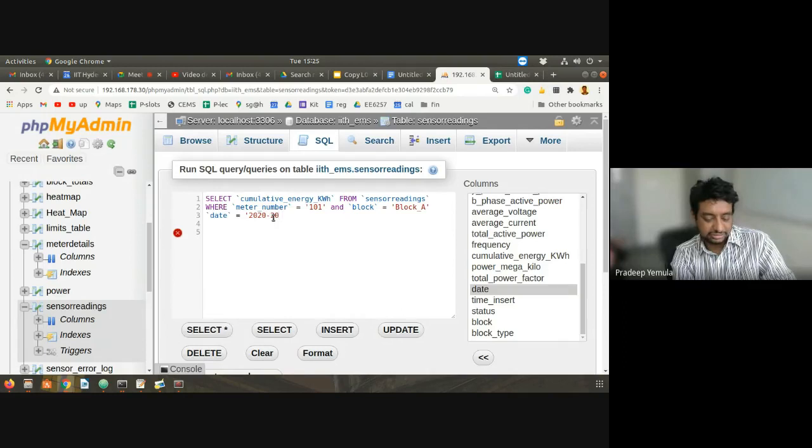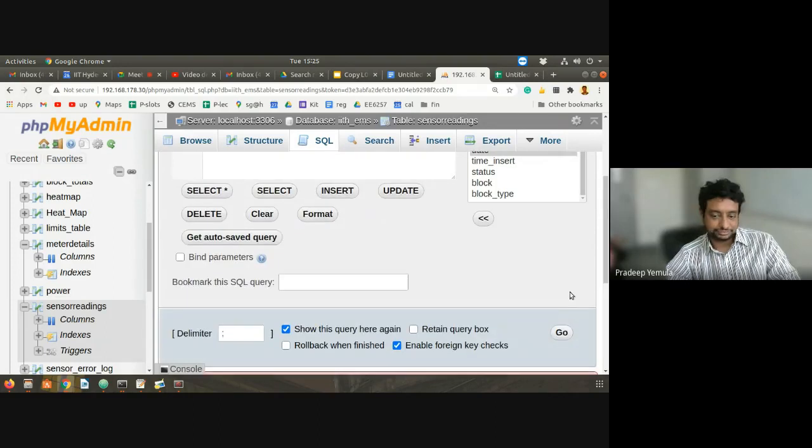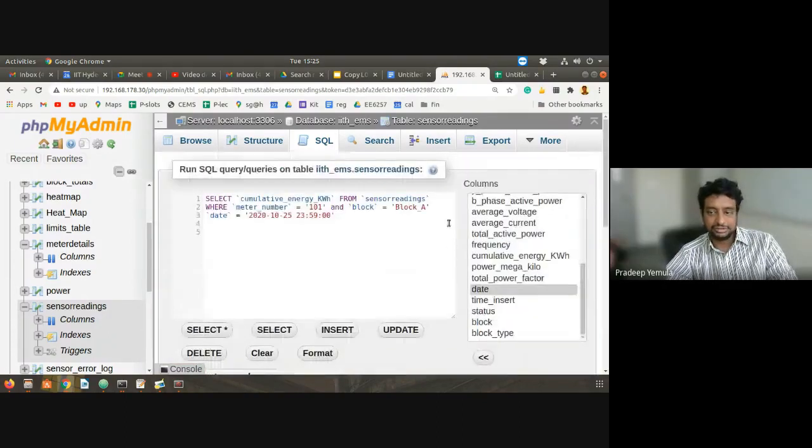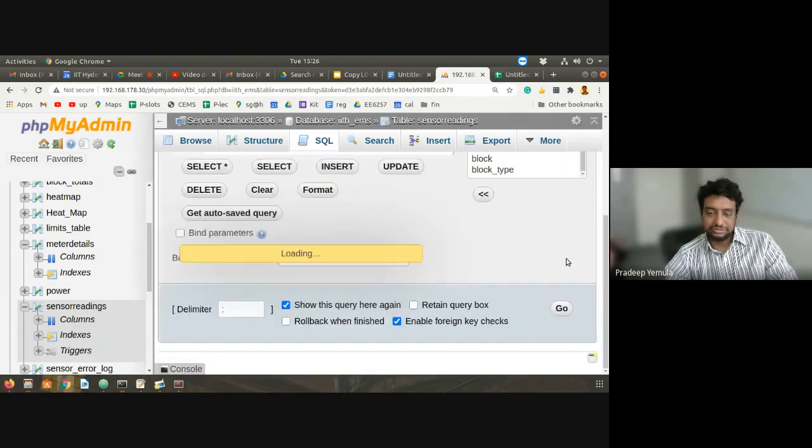I'm taking 25th of October 2020, so month is 10 and day is 25. And then I'm taking the data at 23:59:00, hoping that this data will be available. Just let us see what the cumulative energy is at 23:59. One more AND is required there, in the where clause. After that, one more AND, right? Correct. Yes. Good. So now if I say go,